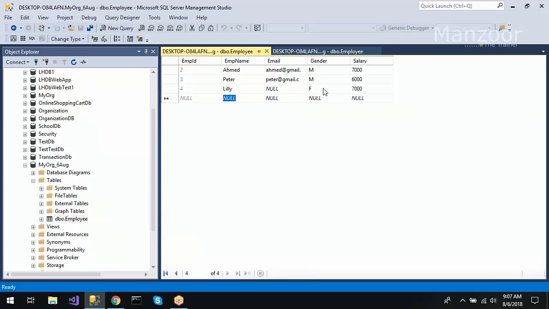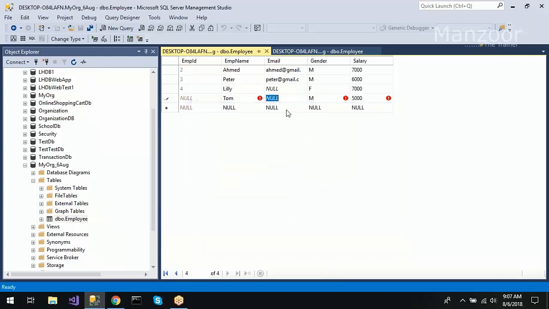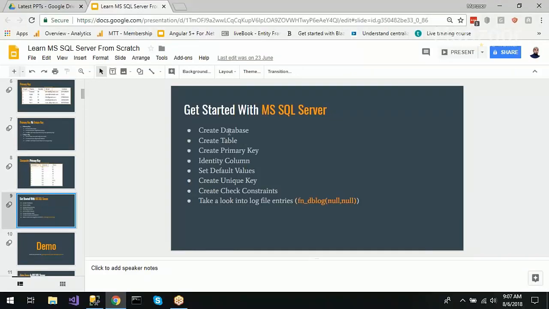Now if I insert one more record with null as this, and this is male and salary 5,000. Now it will throw an exception. You cannot have multiple null values because it is unique. So we have seen creating database, creating table, primary key, identity column, setting default values, creating unique key, creating check constraint,